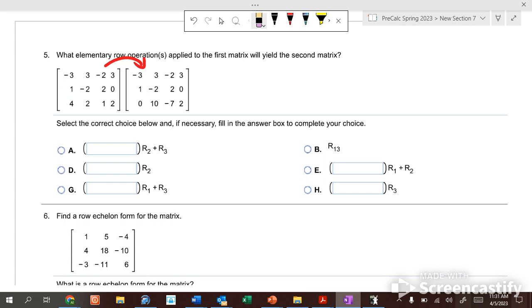So if I took this row plus this row times negative 1, let's see if that works for all of them. So that worked for the first column. Does it work for the second column? Take 3 times negative, or 3